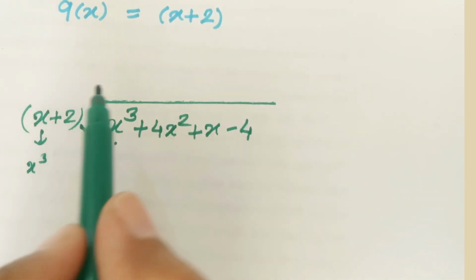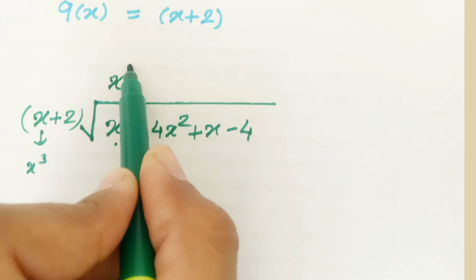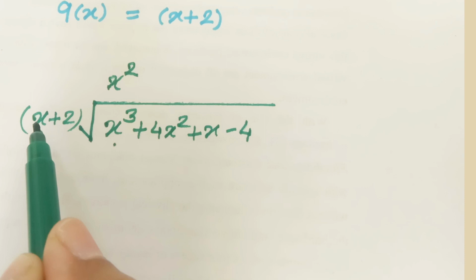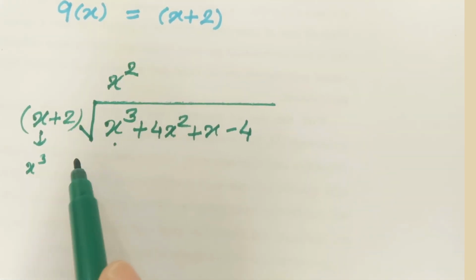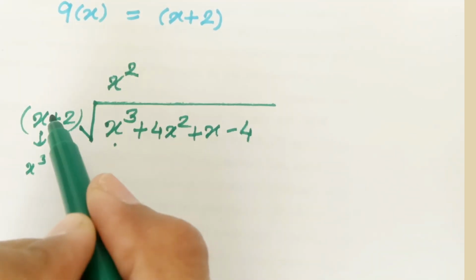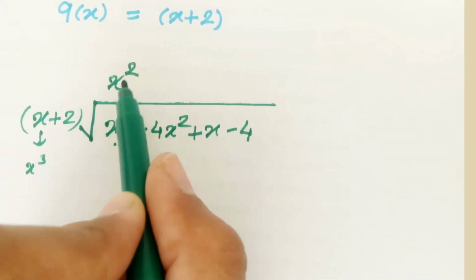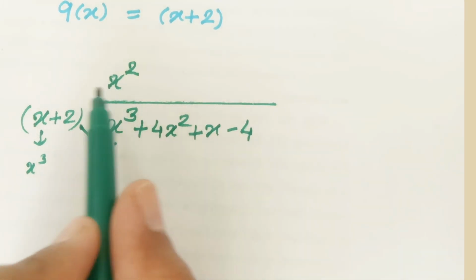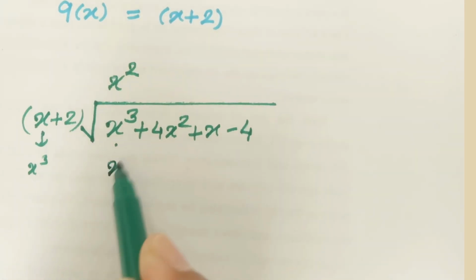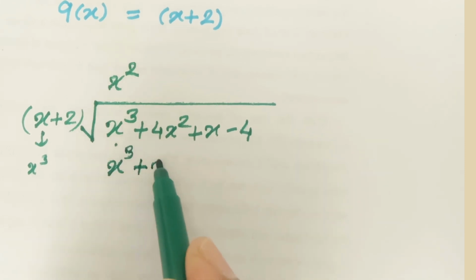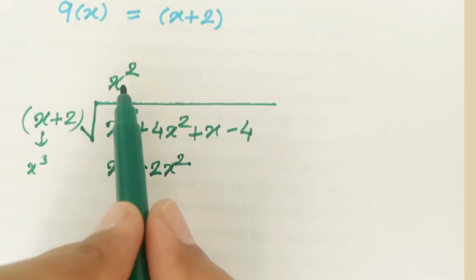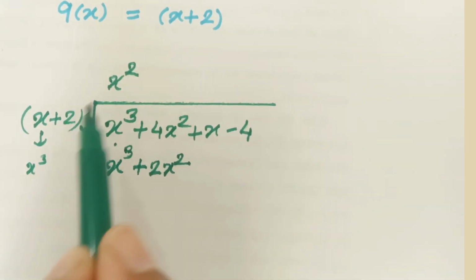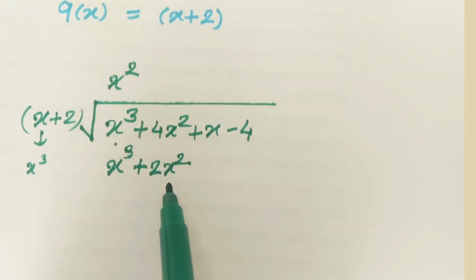So which is required, you have to write here, that is we want to multiply x squared by this polynomial, then we get x cubed. Here what we want, that we write here, that is called the quotient, and here we multiply this quotient to this term, then we get x cubed plus 2x squared. Here x squared multiplied to this term, then we get x squared into x, that is x cubed, plus 2 into x squared, that is 2x squared.